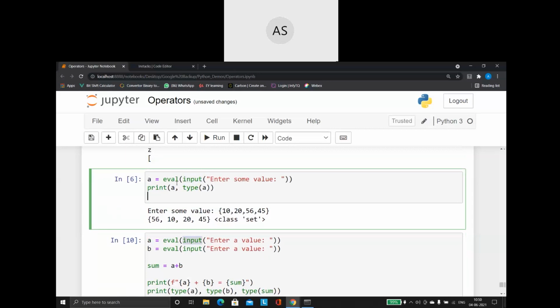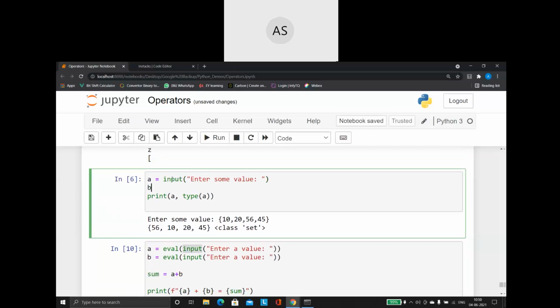In the previous way, I did the program like this, and then I said b is equal to eval of a. But here also, the input function will read the value as a string. So inside a, it will be holding only a string value. That string value only I am passing as a parameter for my eval.